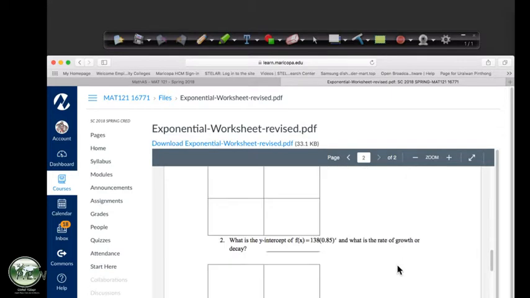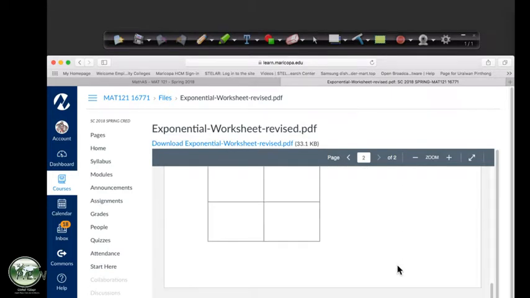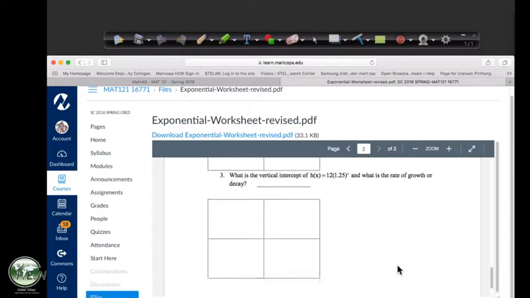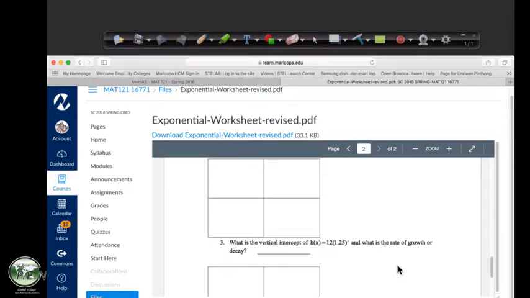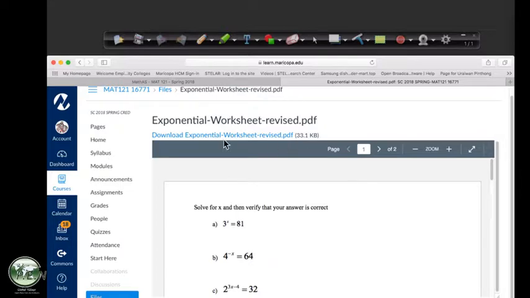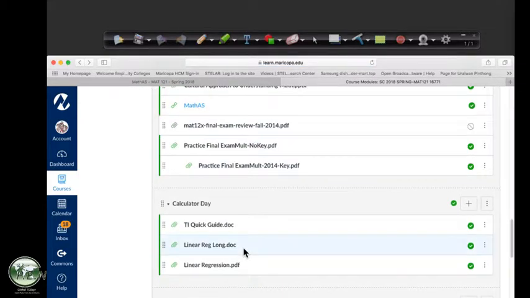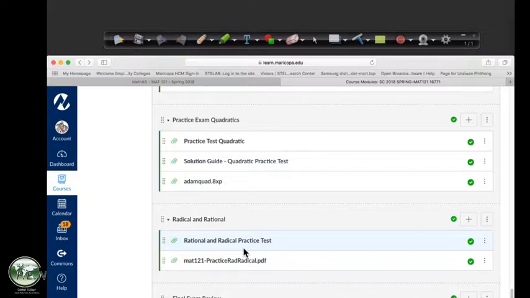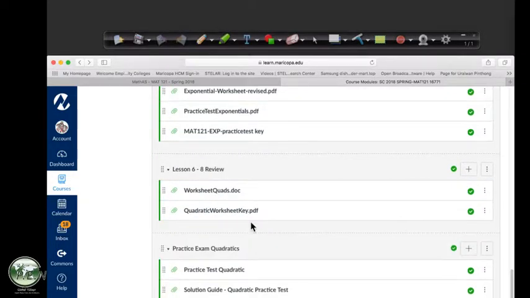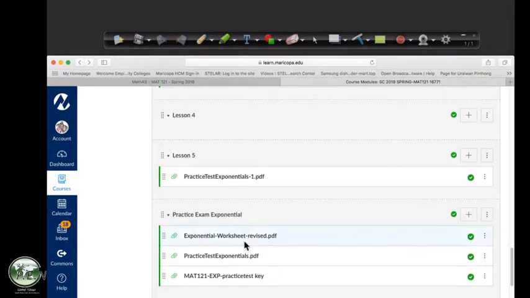So these are the types of things. I'll send these out through, well, they're here, but I'll also send them out in an announcement. These would be good things to start working on. We'll use them as review next week. So there's this, and then I'll show you the other part. Quadratics, here we are, exponentials. The other one, this one,